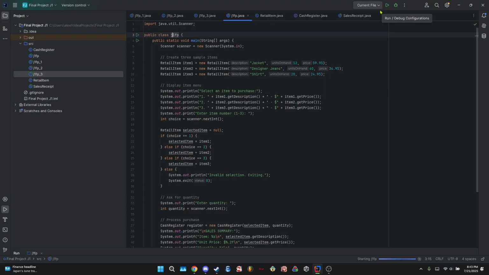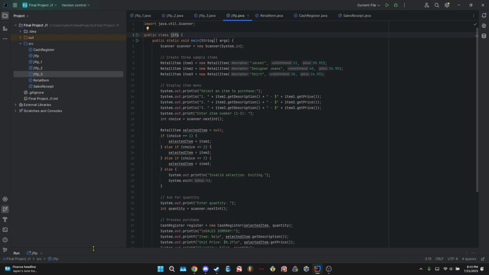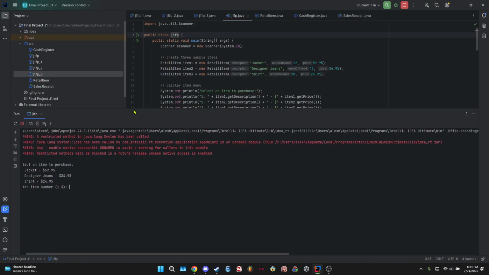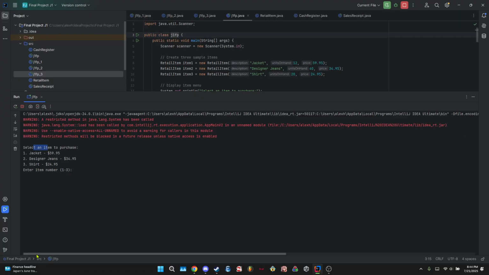We stop and rerun the project itself. Oh, it should say select an item to purchase. So in this case, we want designer jeans. So we're going designer jeans, and we're going to do, let's do 8 of them,